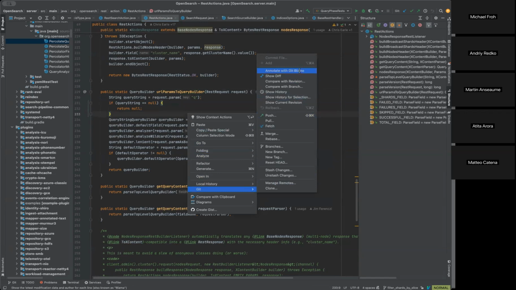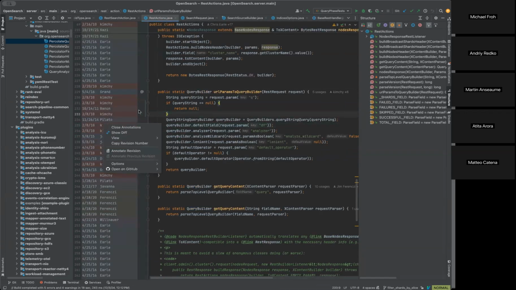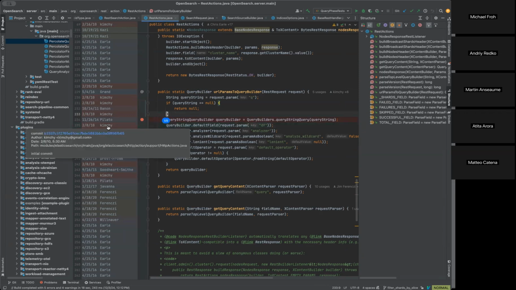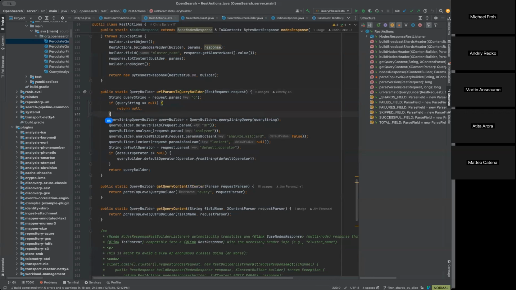Git annotate with git blame. Yeah, 2010. 2010 from a commit that says initial commit. So yeah, this goes all the way back to the beginning of Elasticsearch prior to 1.0, I think, where Solr